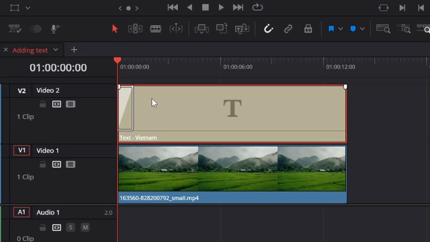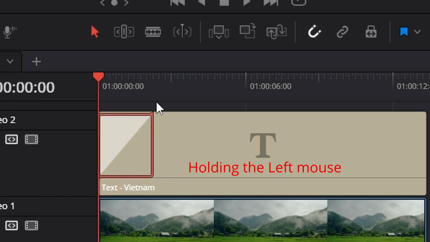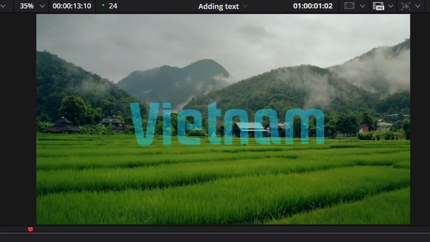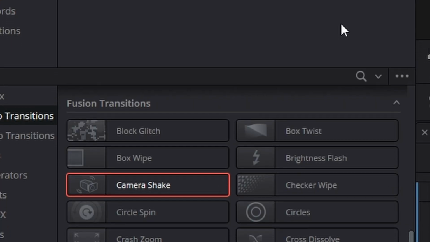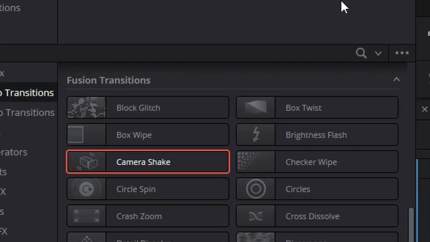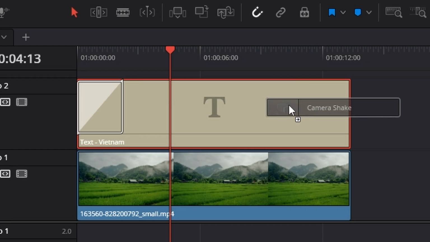If you want to lengthen the transition, just hover over the end bar like that, and you see those handles come up. Just extend it like that, and voila, it does that. Now, what's really cool about DaVinci is many transitions can be used to bring text or video in and text and video out. So I'll grab the same transition again, put it at the end,